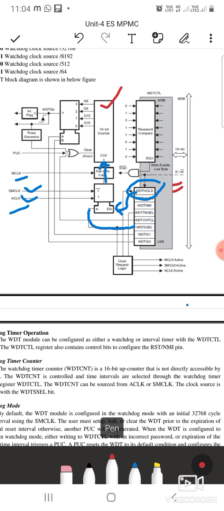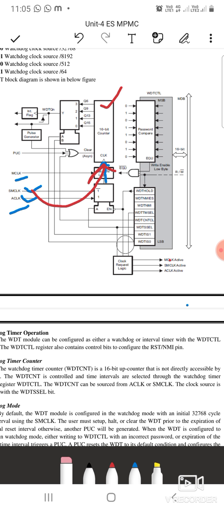The auxiliary clock or submaster clock will be applied to the counter only if the bit is enabled, so the watchdog timer is not on hold condition. If the watchdog timer is on hold condition, then your clock will not be given to the counter, and the counter cannot do its counting operation. The counter goes to the working condition only if your watchdog timer hold bit enables the clock setting. Then you can select the source from which you apply the clock to the counter using the WDT source select, either auxiliary clock or submaster clock.